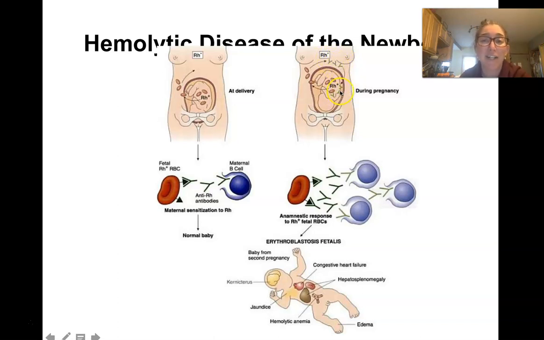The anti-Rh antibodies will move in through the placenta into the fetus and can cause erythroblastosis fetalis, or hemolytic disease of the newborn, which can cause developmental issues, brain problems, jaundice from anemia, congestive heart failure, so lots of problems, and it can be fatal. So in order to prevent this from happening,